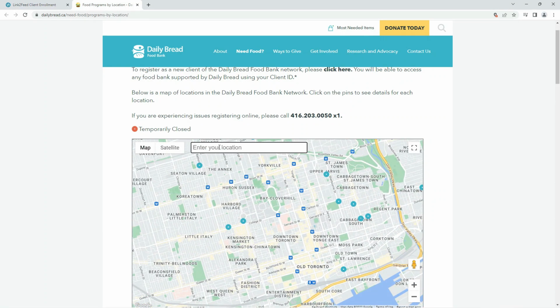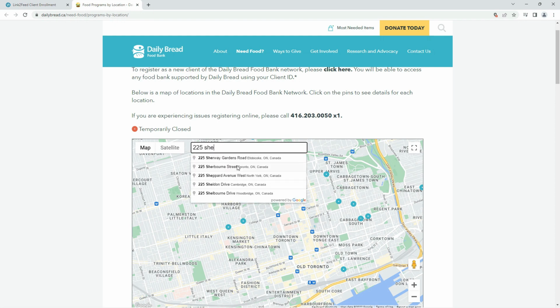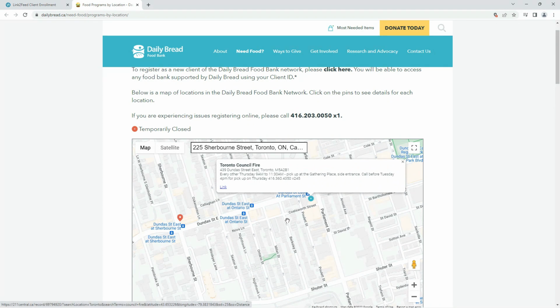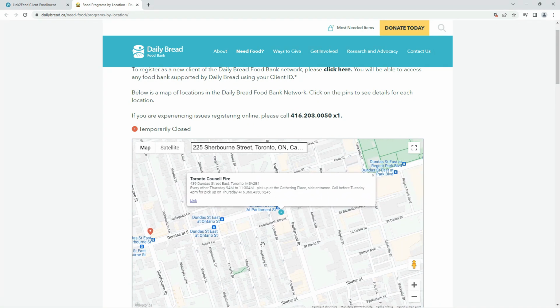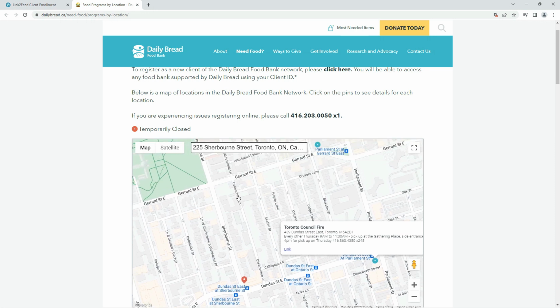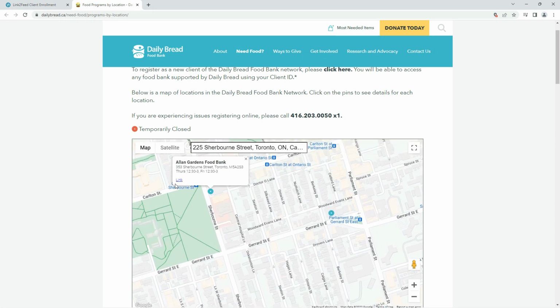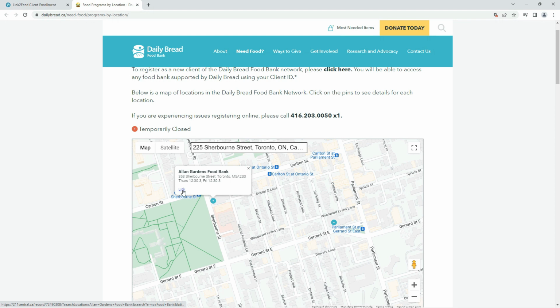I can just type my address here, and then it tells me which one is the closest one and the information. And if I click the link, they open